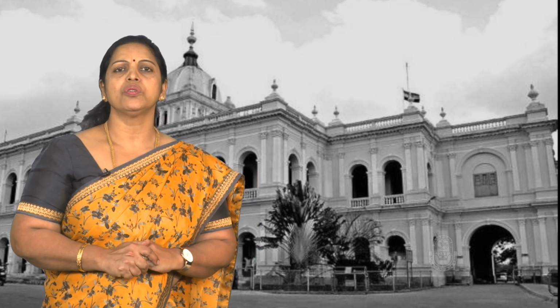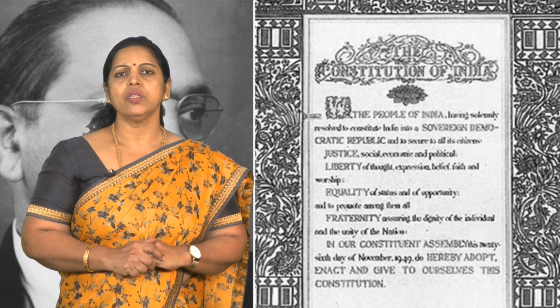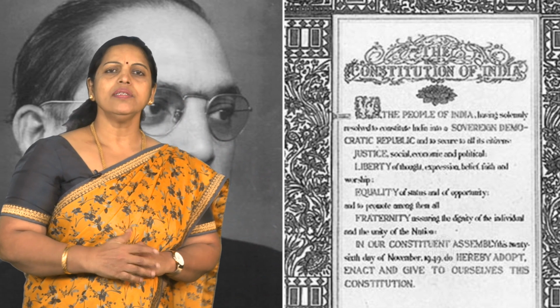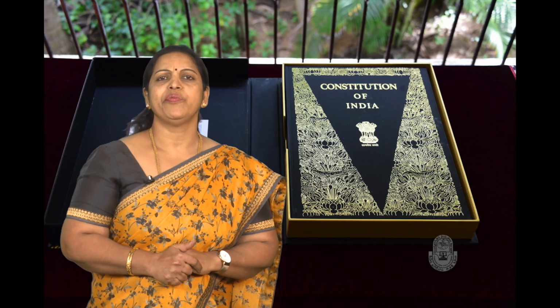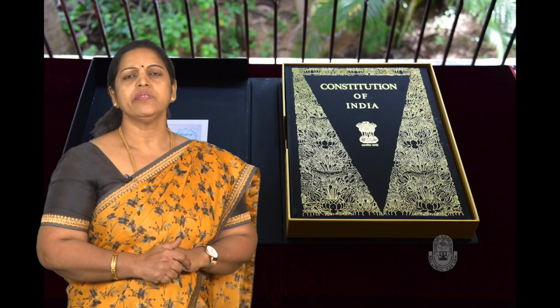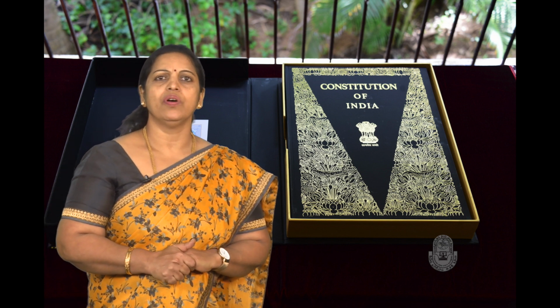The second one is that the constitution limits the power of government officials, and as well it gives power to the officials. On the one hand, giving unlimited power is not good. That's why the constitution on the one hand gives the power, and on the other hand imposes limitations on the government officials. Within the framework only they have to work. The constitution is the framework for the government. That means within the framework the government has to work.